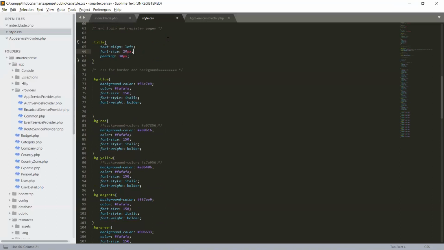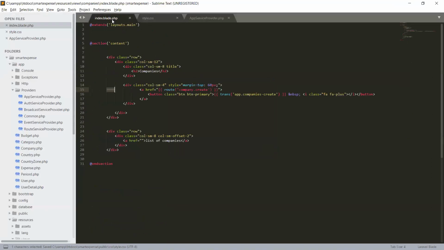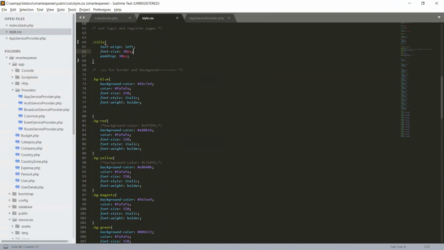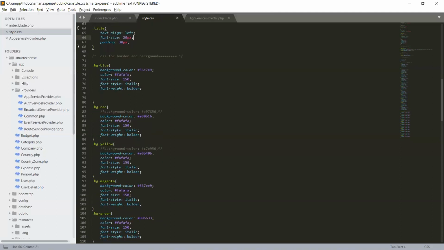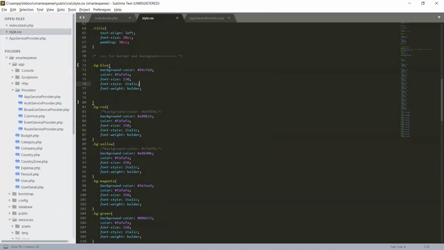So let me save it, and in index, in the anchor tag, we will create a class, or we may create a div, with class bg blue or bg red. This class will be in our CSS. Its background color will be this one, the text color will be fa, font size 150, font style italic, and font weight bolder.